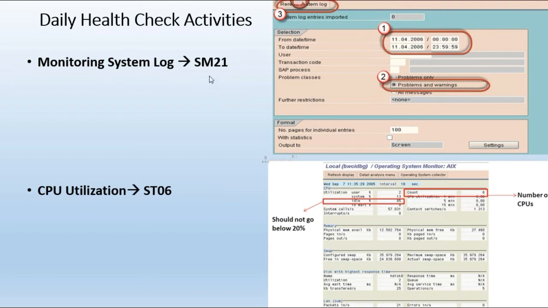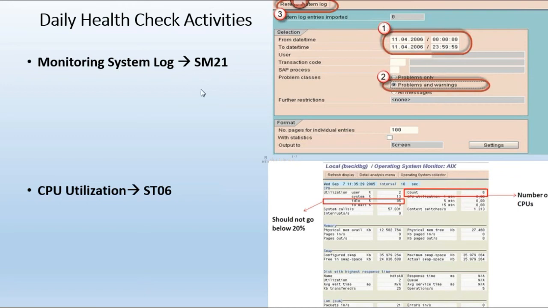First of all, you need to complete your daily health check activities. If there is any error, don't go into that error. Don't try to solve that error first. First I need to complete the daily health activities. This document I need to send to clients and managers who require it. I need to send the report to them in time. A particular time is maintained for daily health check activities, so we need to send the report in time.